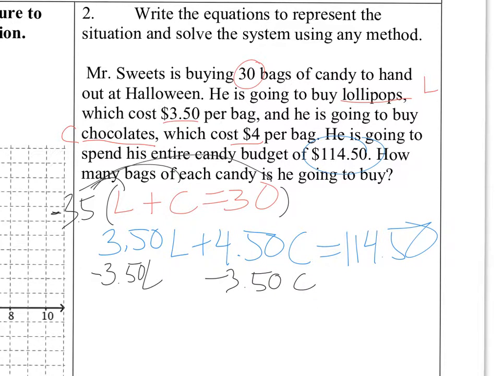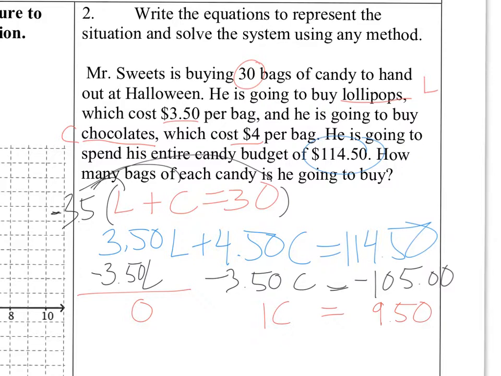And then we're going to have negative 90 minus another 15 is going to be negative 105. We end up with 0.1C, hey, that's convenient. And 114 minus 105 is going to be something like